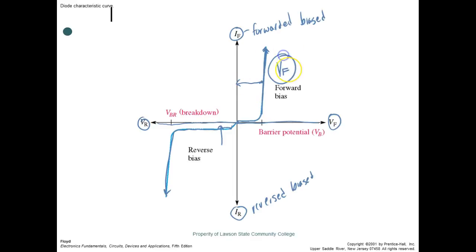And this is the voltage drop across the diode when it starts conducting, when it's forward biased. We call this the breakover voltage. And some people call it the avalanche voltage because it's what it looks like, right? Data sheets, they call it the breakover voltage. This is bad. So we never want to exceed this